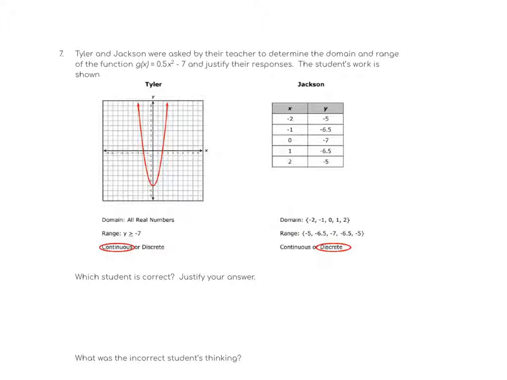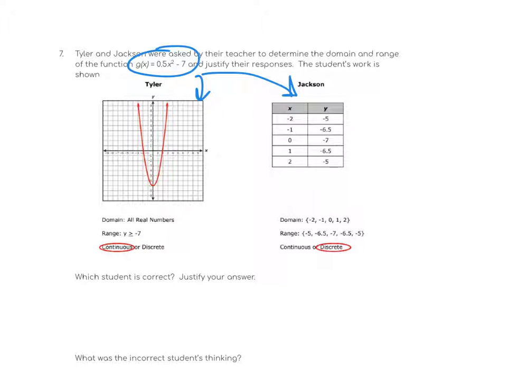Okay, and then this last one. So this function here will graph like this, and if I made a set of tables, a set of values, and I put those x values in, that is what I will get out for y. The question here really is: is this continuous or discrete? Remember, discrete is individual points. So Jackson would have looked at this table and said, well, those are individual points, so it's going to be